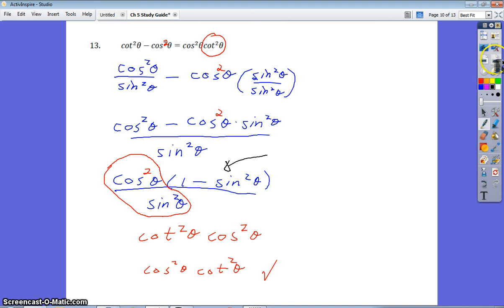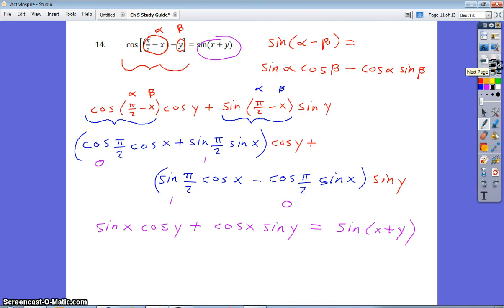Okay, I'm running out of time here. Yikes. So on this one here, there is a lot going on because I had to use the sum or difference formula a total of 3 times. And so I'm going to go ahead and stop here